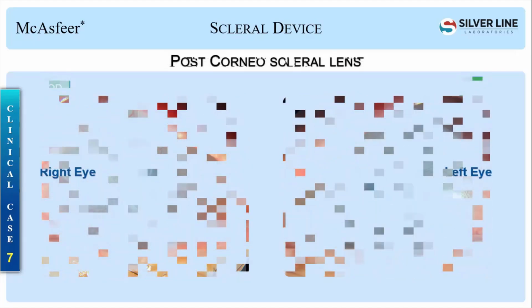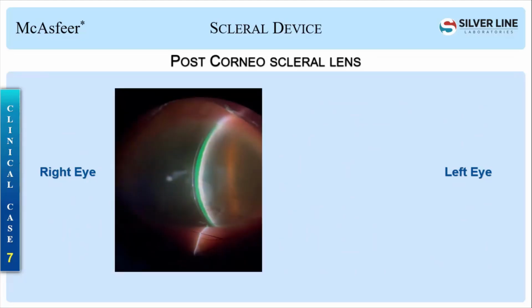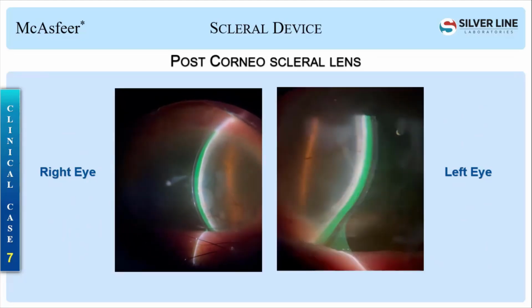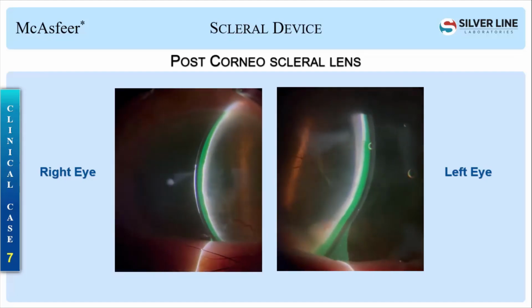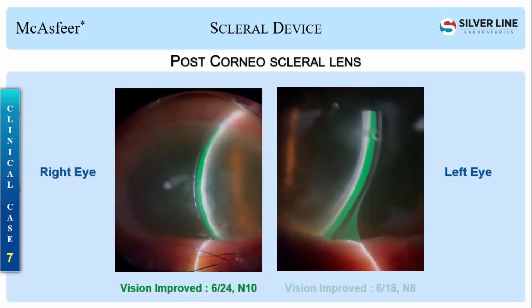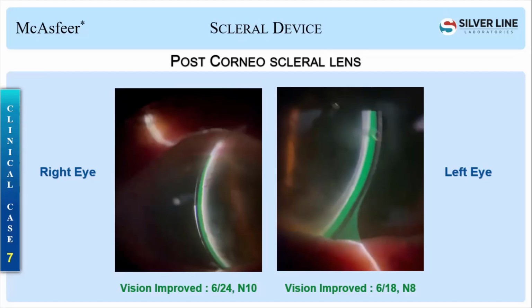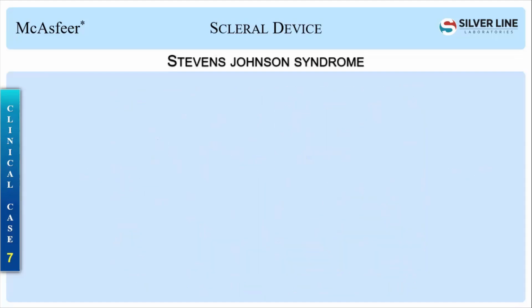So this is his fitting after fitting. In the instant, vision was there, but it had not improved as much as now. His vision improvement on the spot was 6/24 and 6/18. And now it's been 3 years. He is very comfortable with the lenses. He has improved to 6/12 in the right eye, and 6/9 in the left eye he is reading. And he always comes once every 6 months to get the lens cleaned. So this was his after condition.